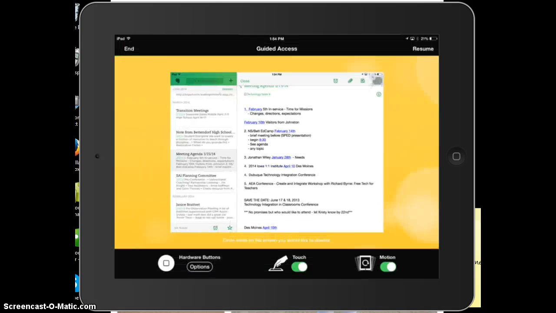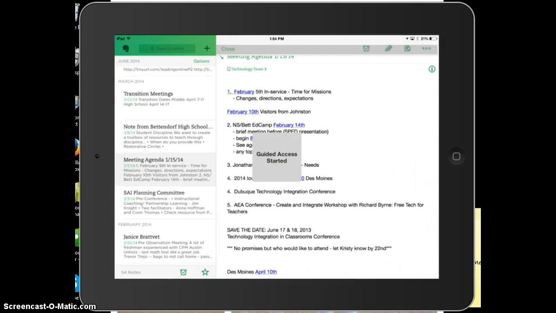Okay. So then what I can do is I put in that passcode, and then you can see the gray box here up in the right hand side. I have that over, okay, other options. Let's say I don't want them to be able to use anything up at the top. I can gray that whole area. So you can see the whole gray box at the top, and then hit resume, and then what happens is